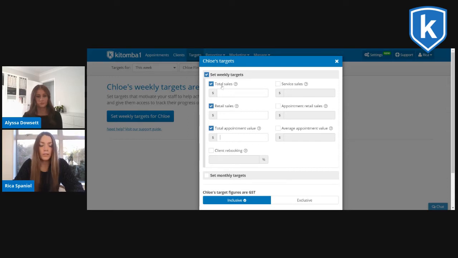So let's just start with total sales. That basically means any sales your staff member has done, which might be appointment services, appointment retail sales, any product sales for walk-in clients. It just doesn't include voucher sales. That's the only thing to look out for. So let's say for Chloe, we set her weekly target at